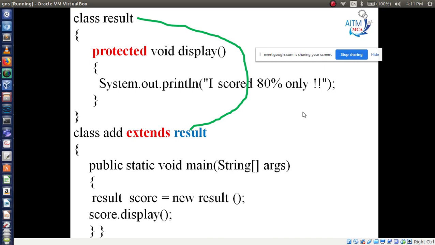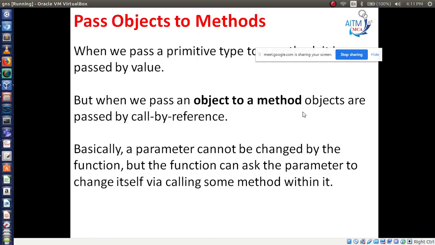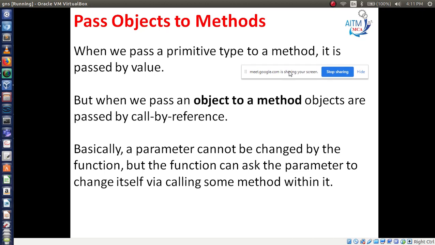That is the protected access modifier. Okay. Now another topic is passing objects to methods. Sometimes they may ask you to pass objects to methods. So what do object and methods mean? Object, you know how to create an object of the class.